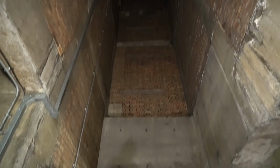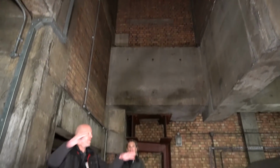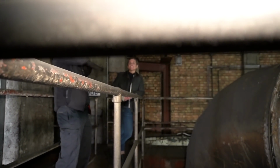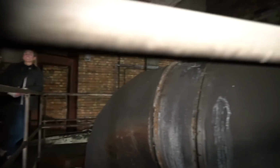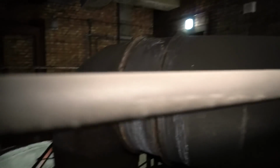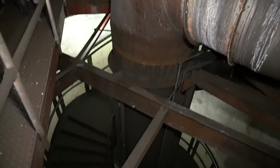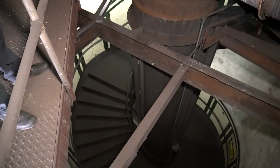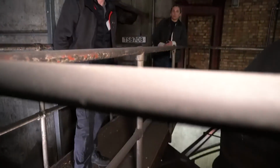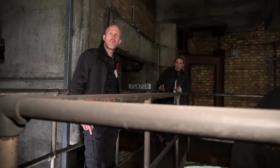And so we're in the ventilation tower, just above the stairs now. That's a vast way up there to help the air rise out of the building. But we've also got this beauty here, which is attached to a big old fan that is extracting a lot of air out of the underground. So this is why it survived for all this time, because it's part of the vital ventilation mechanism of the